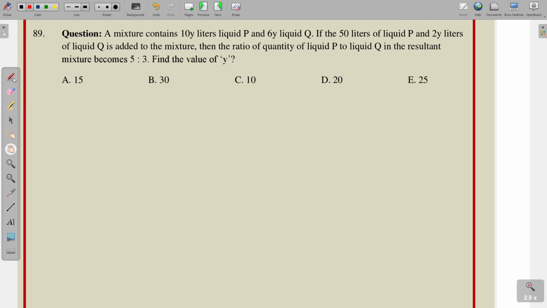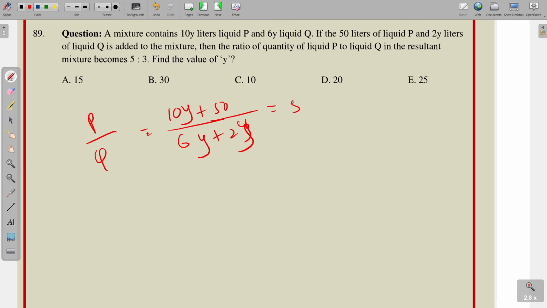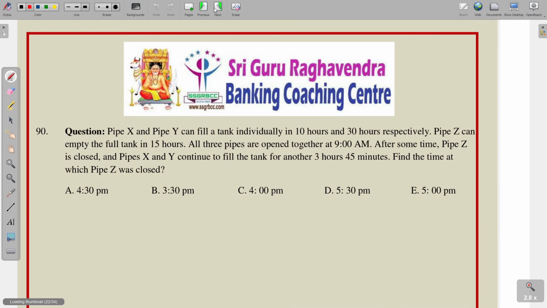A mixture contains liquid P and liquid Q. It is 10y liters and this is 6y liters. If we add 50 liters of liquid P and 2y liters of Q, the ratio is 5:3. After cross multiplication, 30y plus 150 equal to 40y. Cancellation, 10y equal to 150 means y equal to 15. Next one,